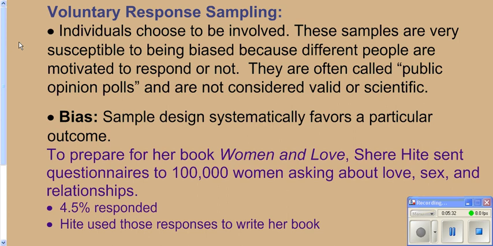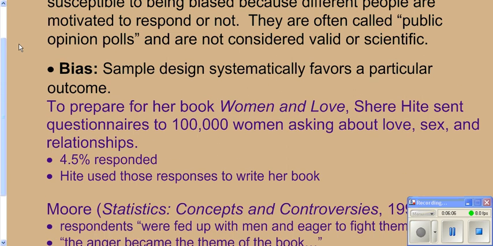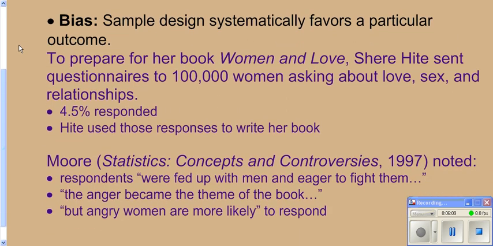Voluntary samples are often bad because for the most part, if somebody has the option to choose to respond to a sample or survey or not to respond, well, for the most part, people are going to choose not to respond unless they have a strong feeling one way or the other. If they have a strong feeling one way or the other, then they're going to go ahead and let you know their thoughts. Otherwise, they're not going to take the time. So you're really only getting the two extremes of the possibilities out there. And so you get a biased sample.